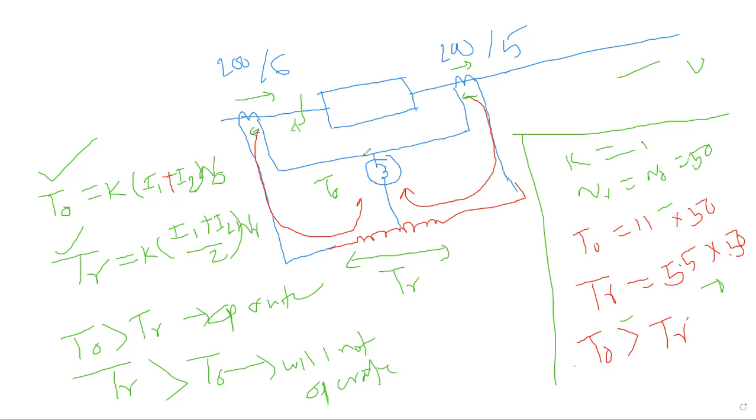And when an external fault is considered, the relay should not operate, even if the two CTs are not identical, even if the relay coil is not connected to the midpoint. The relay should not operate, and we have achieved that. So that means this can be said to be the improved version of the differential relay. Okay, understood?